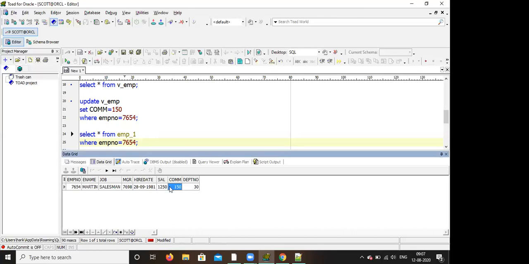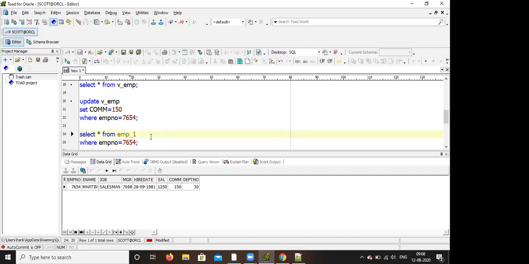Run it, Control Enter. So in the table also it is updated. If you change the view, it affects the table also. If you change the table, it will affect the view also. This is a simple view, but in a complex view it cannot update.